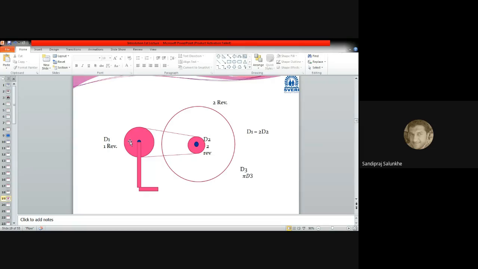So it will move a distance equal to pi D3, and as D3 is very high compared to D1, where you apply effort, and D2, where the efforts are transmitted, and this D3 where the efforts are utilized, the distance traveled by the person riding this bicycle will be much higher in one revolution, in his one step. Am I right? So this is possible because of this mechanism.